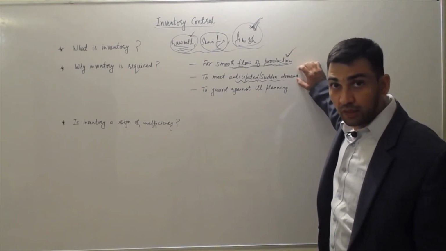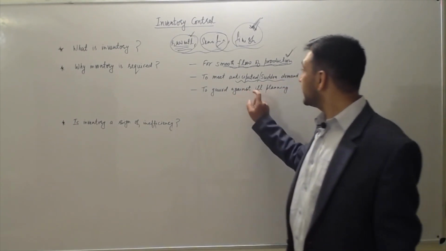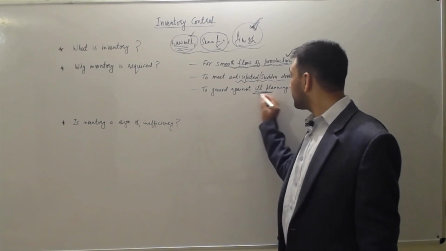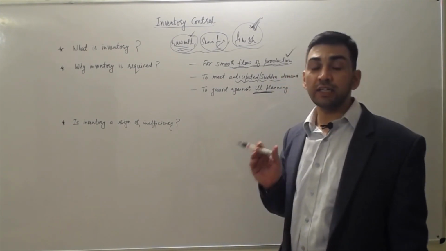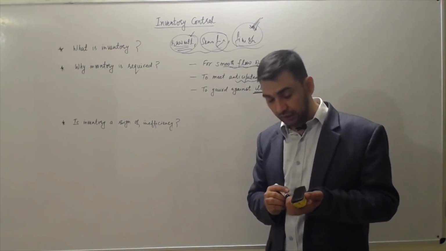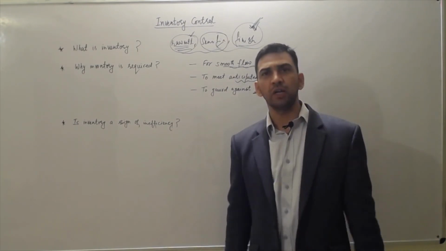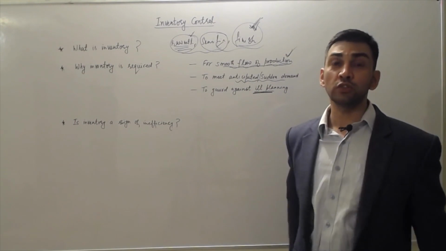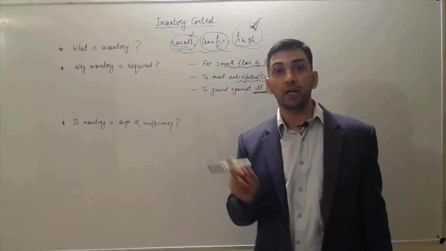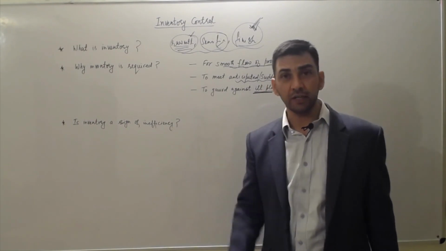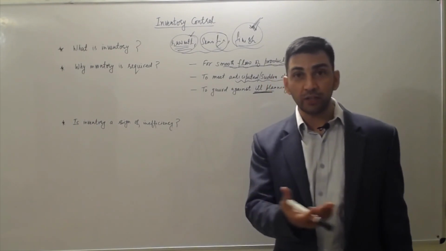Then one more thing is to guard against the ill planning। इल प्लानिंग का मतलब हुआ कि आपने गलत प्लानिंग की, you have not done the properly planned from the material। See, when we talk from the industrial point of view, अगर कार का ही एग्जांपल हम लें, there are thousands and thousands of parts which are required to make a particular car। जैसे मैंने एग्जांपल दिया, you need a steering, कोई और बना रहा है, टायर कोई और बना रहा है, right। You are having like बाकी जो उसके पार्ट्स हैं, डैशबोर्ड है कोई और बना रहा है, इंजन है कोई और बना रहा है।